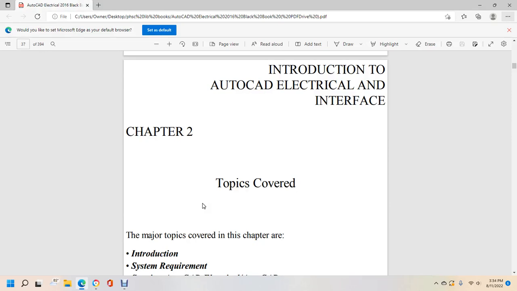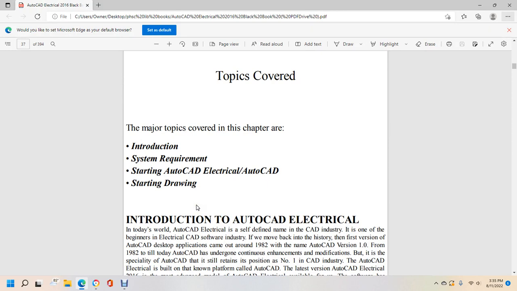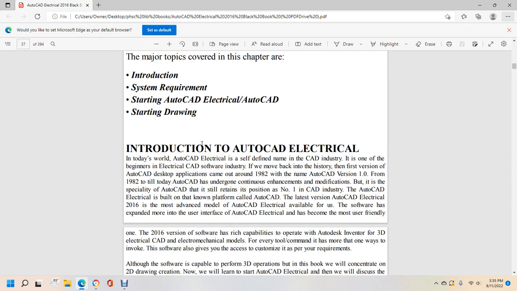Alright, Introduction to AutoCAD Electrical Interface, Chapter 2. The major topics covered in this chapter are: Introduction to AutoCAD Electrical, System Requirements, Starting AutoCAD Electrical, and Starting a Drawing. Introduction to AutoCAD Electrical: today the name AutoCAD Electrical defines the name of the CAD